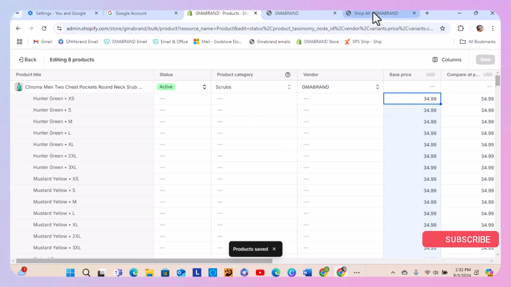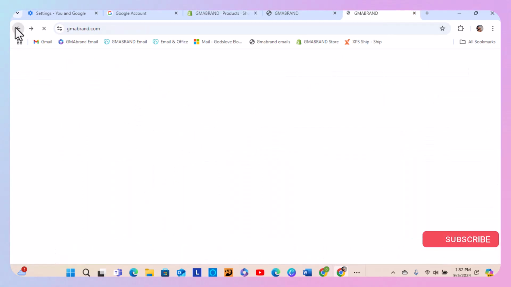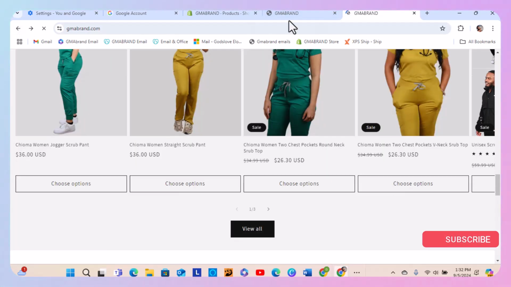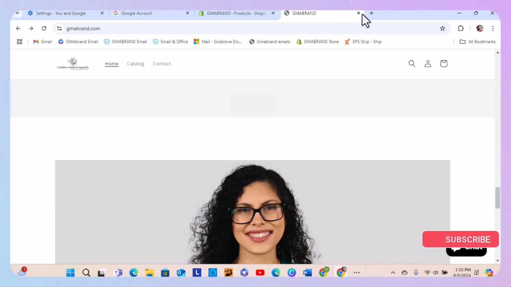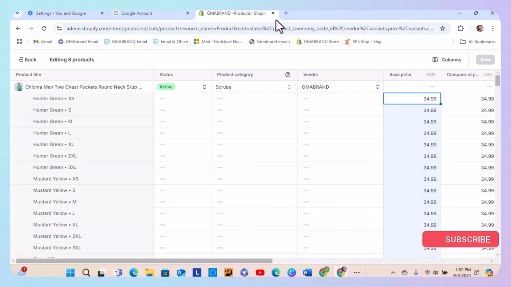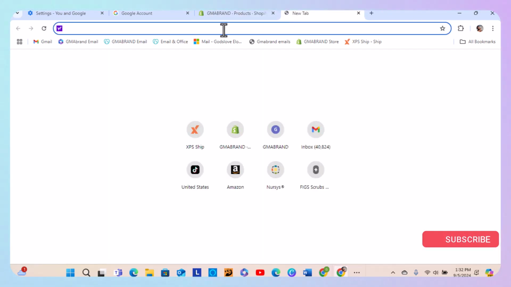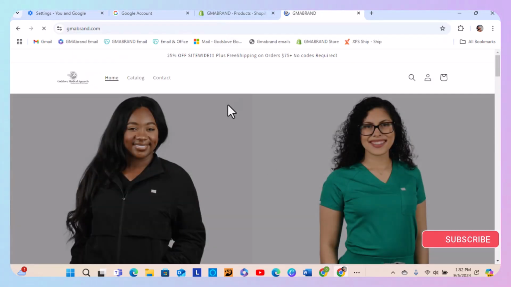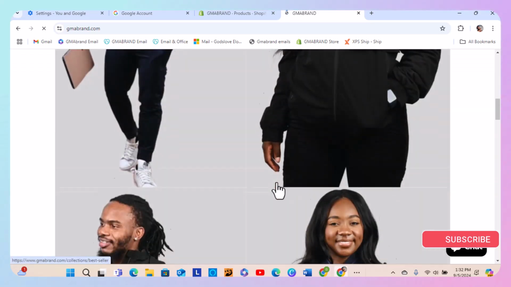Now that we've done it, let's go back. Like I said, you have to get out of the entire website and go back in. So let's X this out and even X this out. Let's do this and then go back to the website. The tops should no longer be on sale,